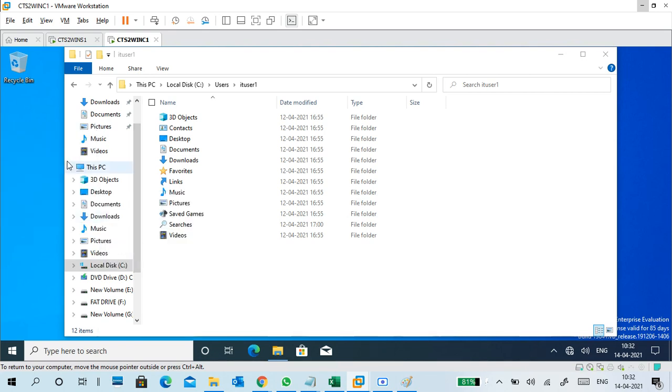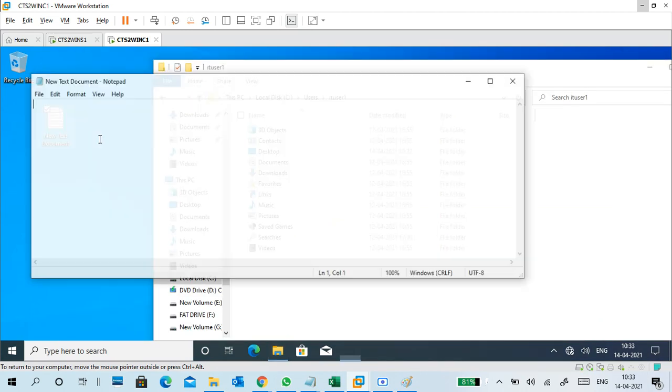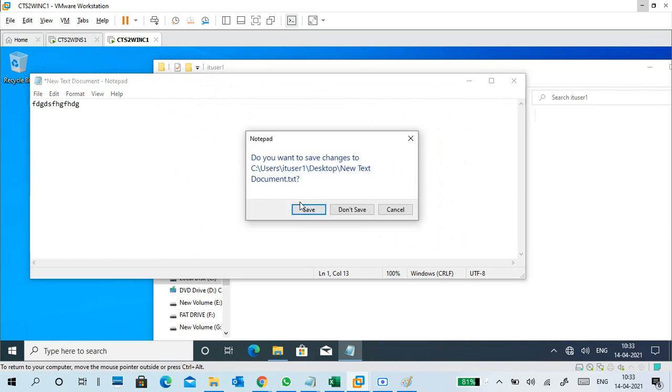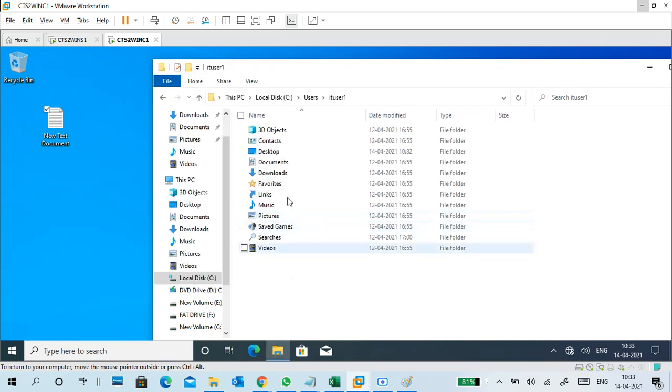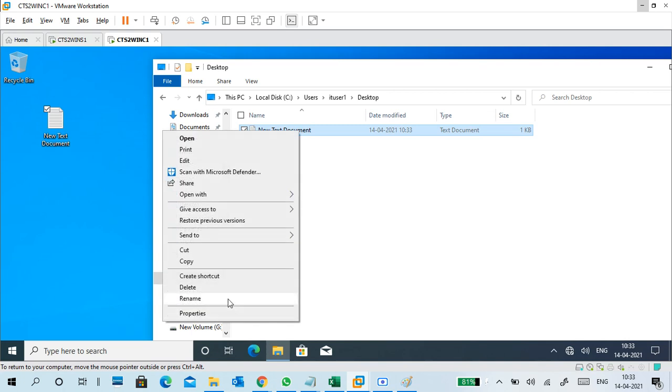One user's profile data cannot be viewed by another user. So if I go to desktop here, in the desktop folder I can see this document. If you change the name here, that name change will show there also.